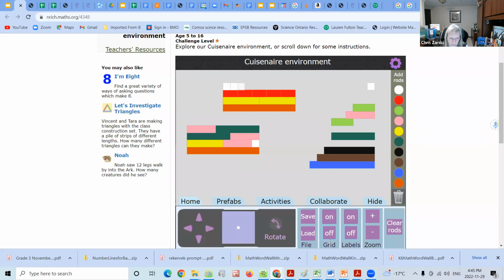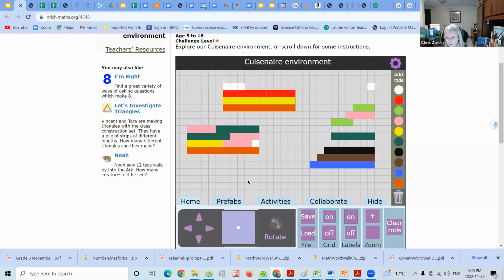At the bottom of your screen, there's a section here where you can turn a grid on in the background. And now I see the grid on it and I can count them. I wouldn't do that though. I wouldn't do that for a long time. Let them just get this concept of different colors can be combined in different ways under wraps before we start worrying about just throwing a number in.